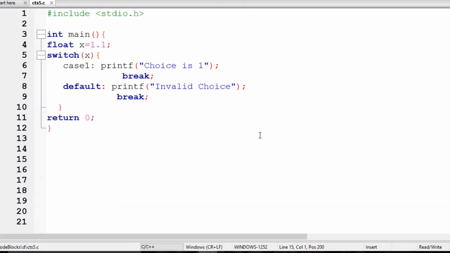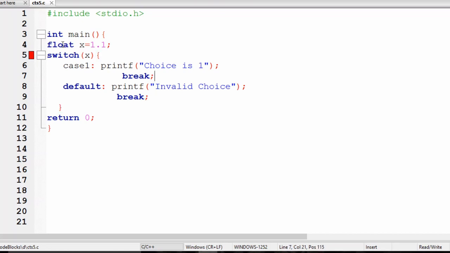Now whenever you get a code and you have to find a syntax error, the best thing is to execute the program. Now if I execute this program, as you can see, we have a syntax error on this line, which is a switch statement. Now the spelling of switch is correct, but there may be an error because of x. Now if you see, x is a float and there is a condition with switch that we cannot use a float value for a switch statement.